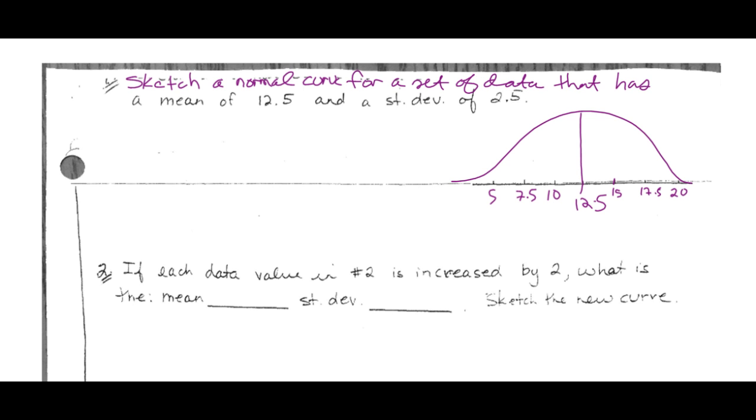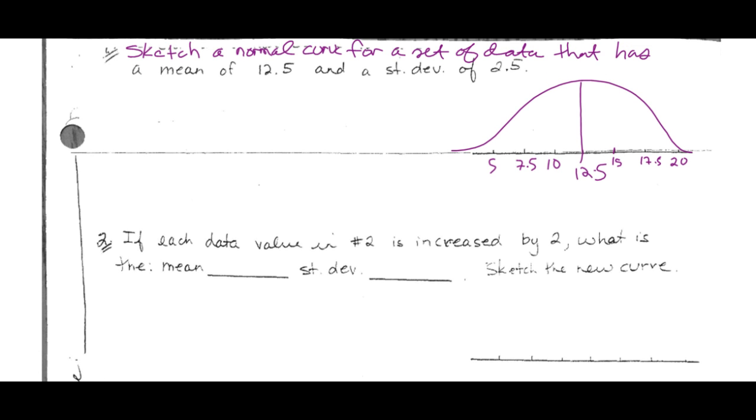Just put the mean in the middle, you add standard deviations as you go up, and you subtract as you go down. Number 2: if each data value in number 2 is increased by 2,